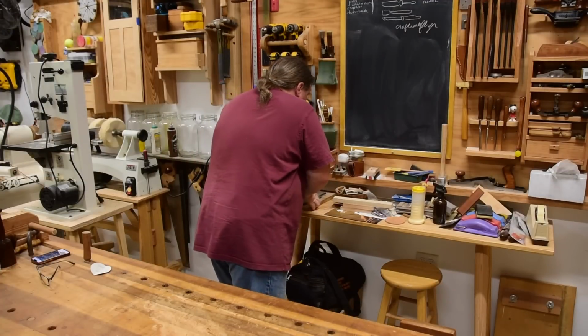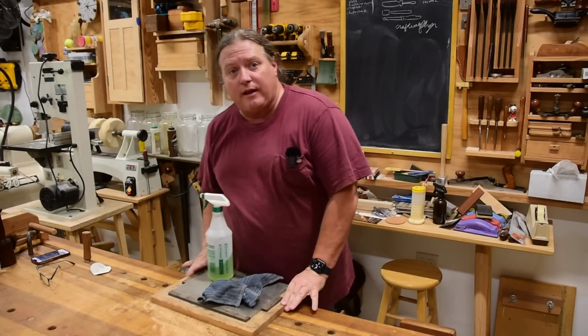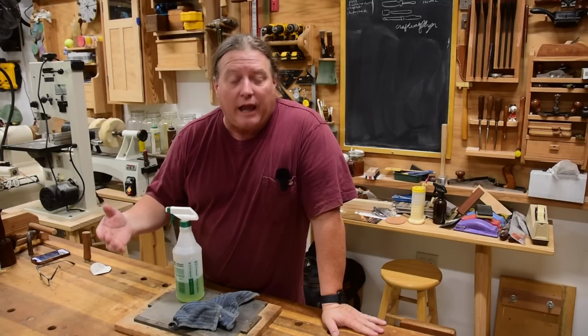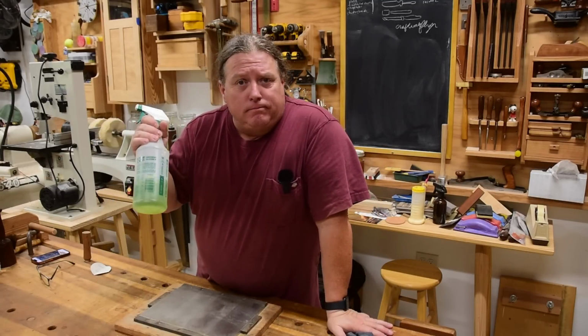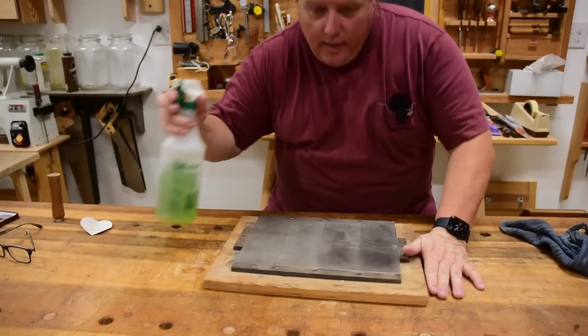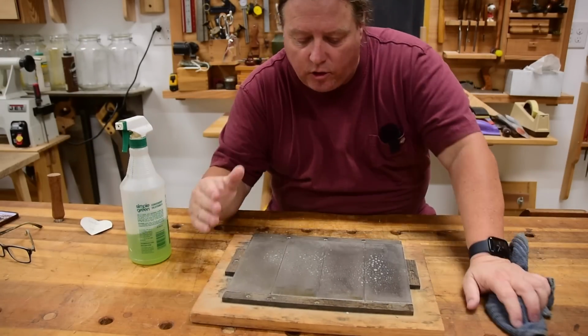For your third tip, I am going to return to stones. These being diamond, but I think it applies to water stones and oil stones. The tip: use wetter water. The idea behind wetting our stones is more than just lubrication. We're also